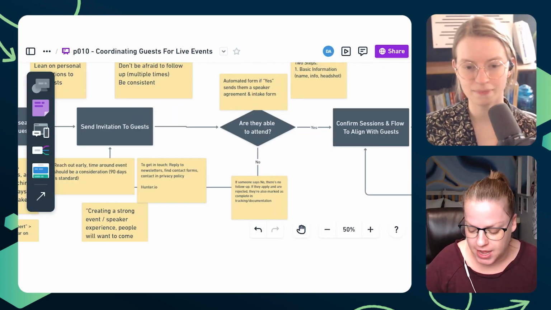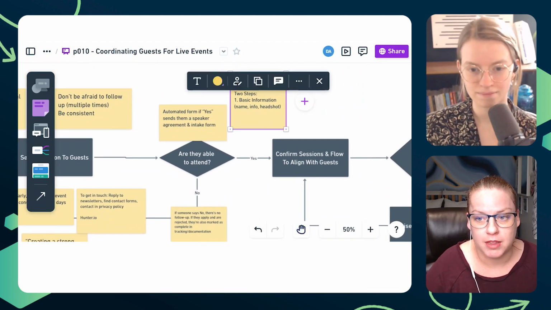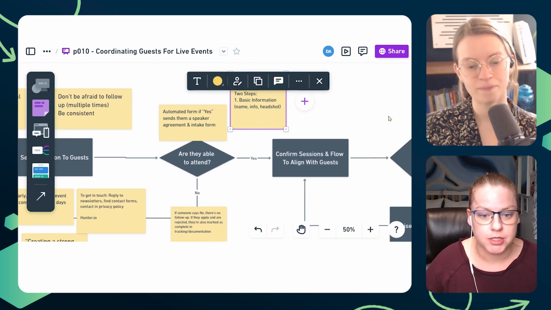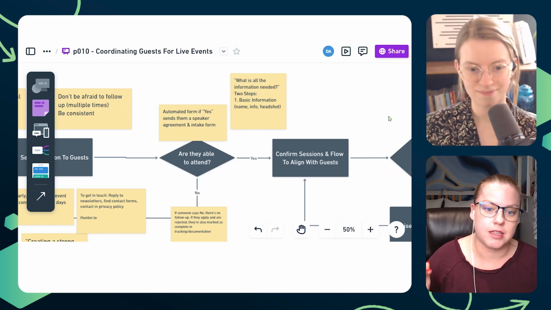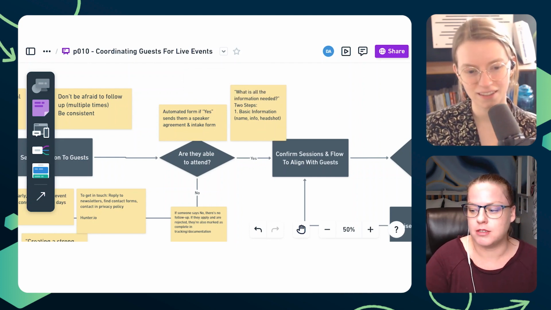I asked for the address, and you need to sign the speaker agreement, right? A speaker agreement is non-negotiable. It has to be signed. Otherwise, they're not going to end up getting the form where they submit their session.